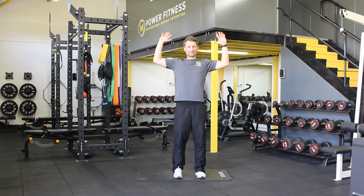Now what we're going to do is the W raise, so have your hands at a right angle. So elbows in line with shoulders, and then as you come down, you're bringing your hands to shoulder level, and you're just rotating from that shoulder joint, coming back as far as you can, and that's the position that we want to achieve. So when you're ready, we'll go 1,